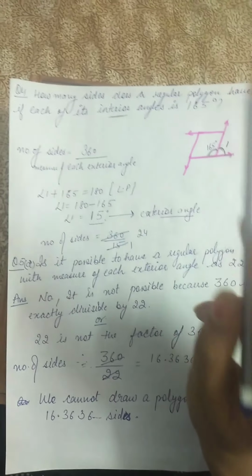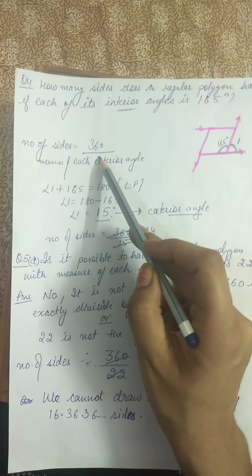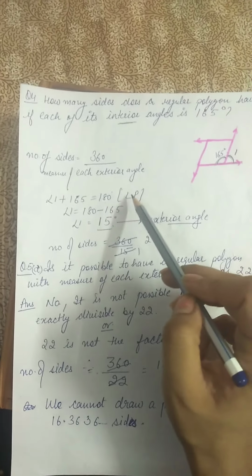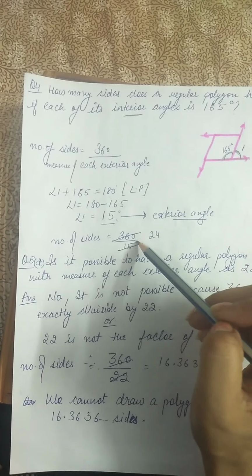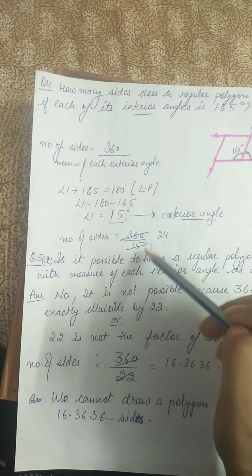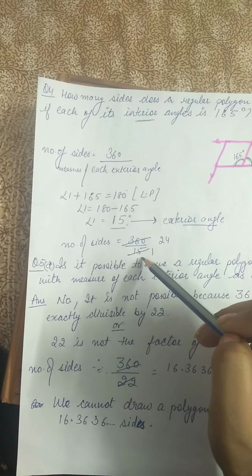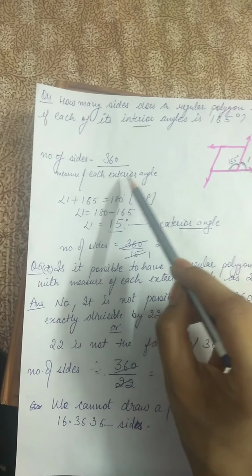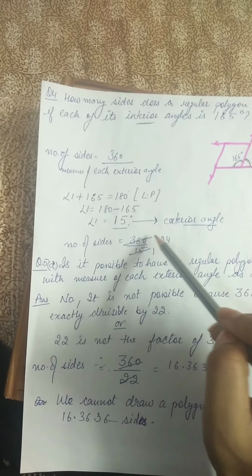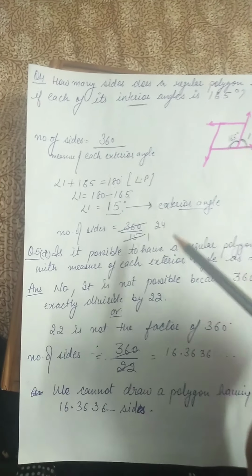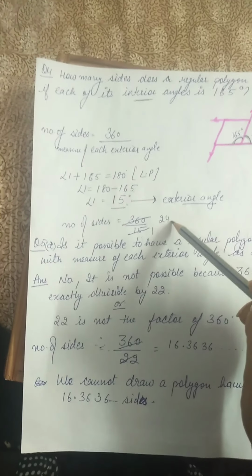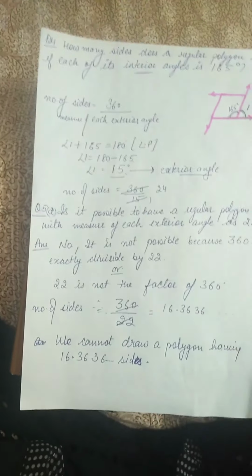Because you want to find the exterior angle now to put in the formula. Okay, therefore, the first thing is we will find the exterior angle by linear pair and then we will put it in the formula. The number of sides is equal to 360 divided by the exterior angle. That means 360 divided by the measure of the exterior angle, which is equal to 15. 360 divided by 15. 15 ones are 15, 15 24s are 360. Therefore, the number of sides becomes 24. Okay? Yes. Now, next question.